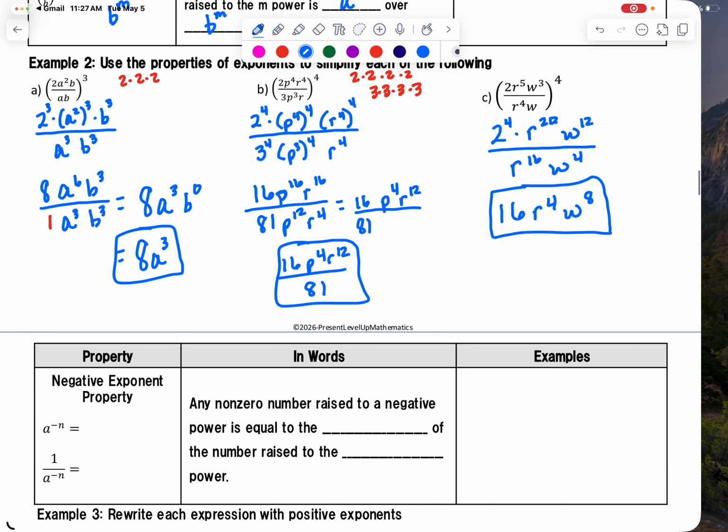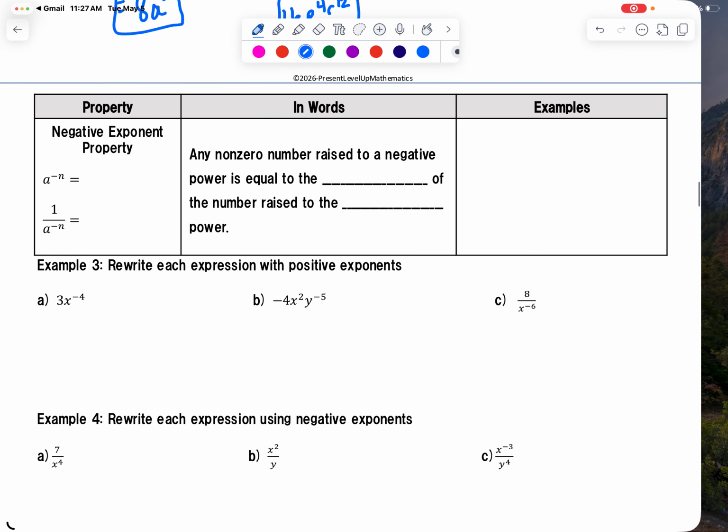All right, now the negative exponent property says that a raised to a negative power is equal to the reciprocal, which would be 1 over a to the positive n. Likewise, if I had 1 over a to the negative n, that would equal the reciprocal, which would be a to the n over 1, which is simply a to the n. So in words, any non-zero number raised to a negative power is equal to the reciprocal of the number raised to the opposite